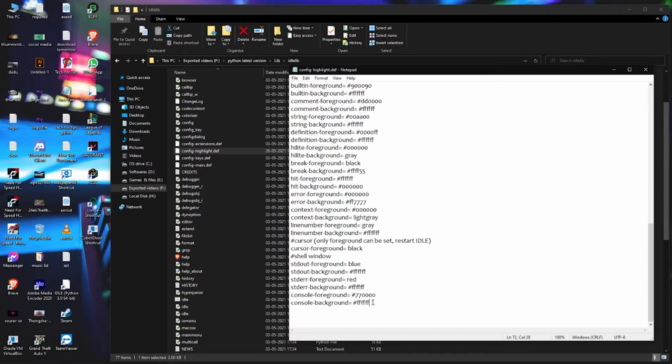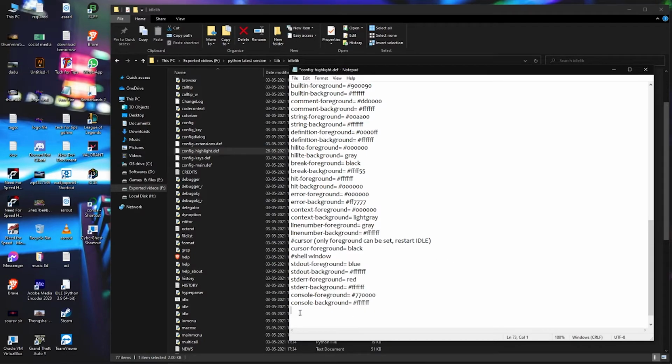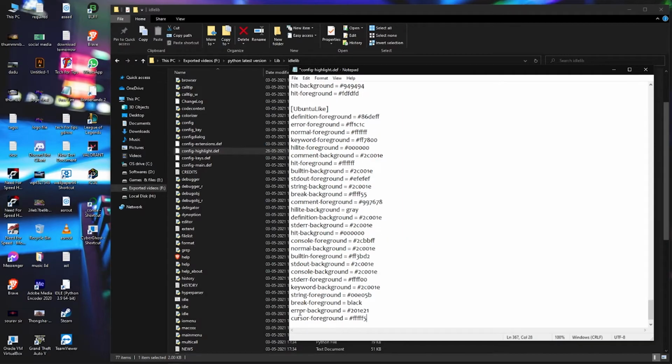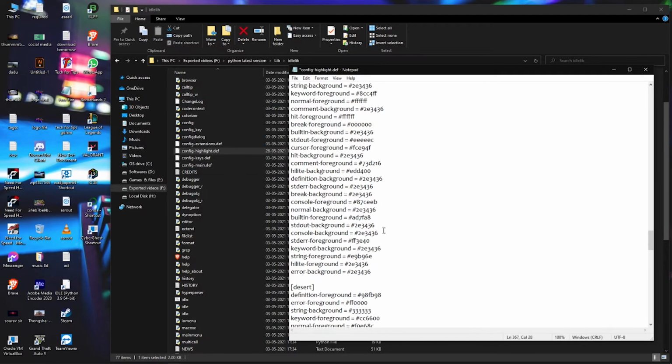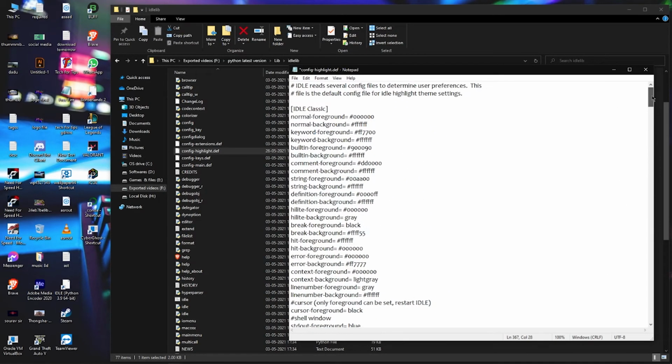What you need to do is, at the end of the code, select this and give 2 enter spaces. Suppose I am giving 1 enter and 2 enters. Now right click and paste, or press Ctrl+V to paste the code which we have copied. So I'm pasting. You can see all of the code came which is here, so you can check that all of the code is there.